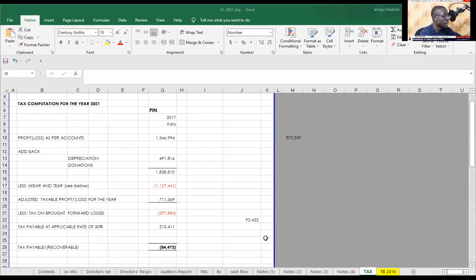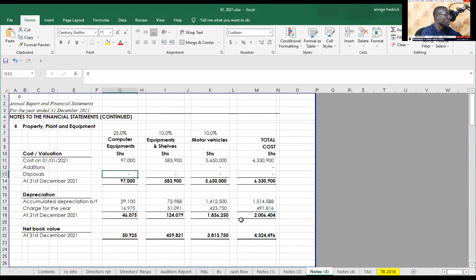You'd find that anytime you're preparing your draft, as probably you are preparing your management accounts, these are what you'll be having. When it comes to wear and tear allowance, of course, you'll be having this bit here. We know this one is 25%. So basically, you'll be having this component, where it will be very key for us to understand